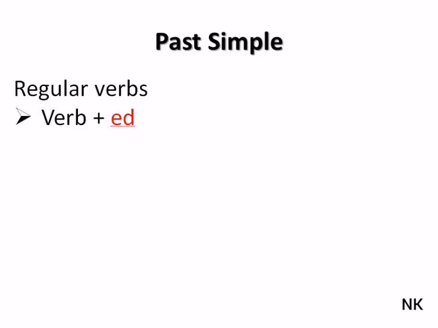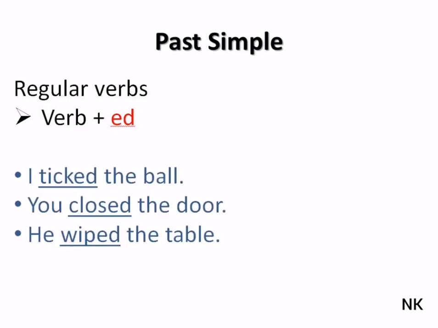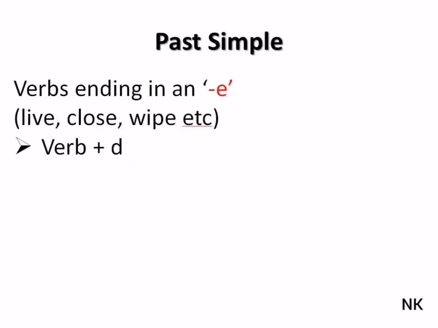Now let's get started. How to form a past simple. For the regular verbs, we simply use the infinitive form of the verb and add ed. I ticked the ball. You closed the door. He wiped the table. We need to pay attention to verbs that end in an e, such as leave, close,